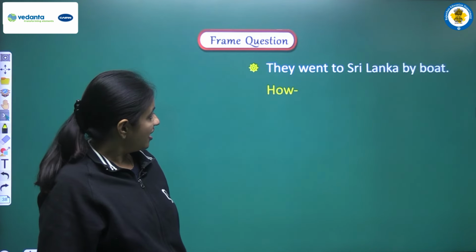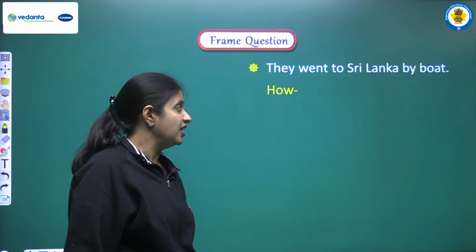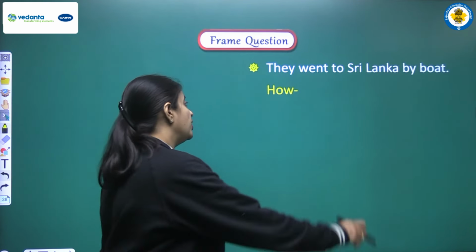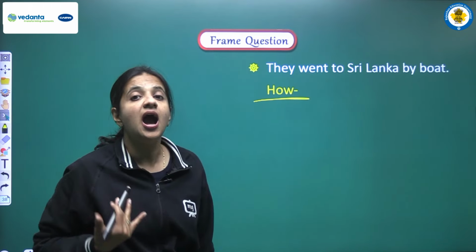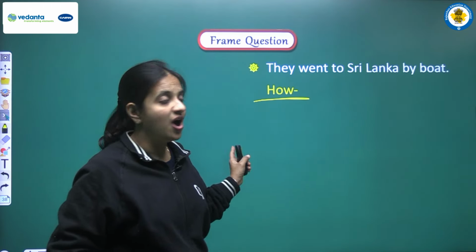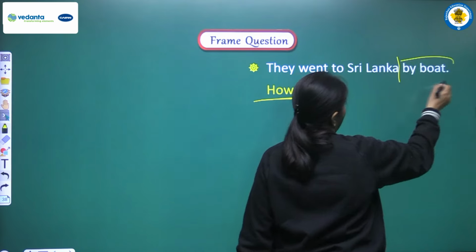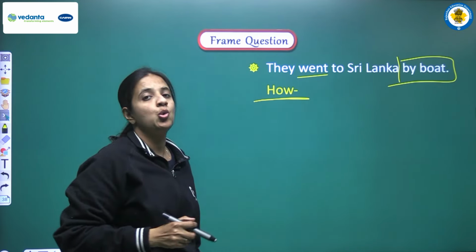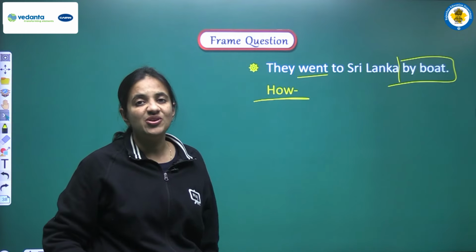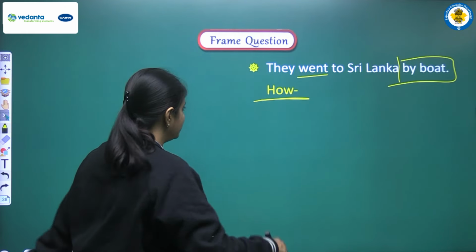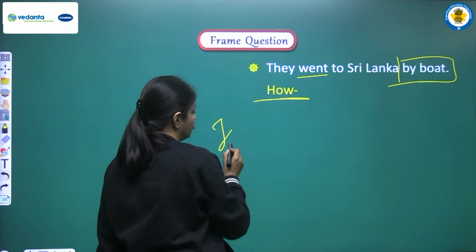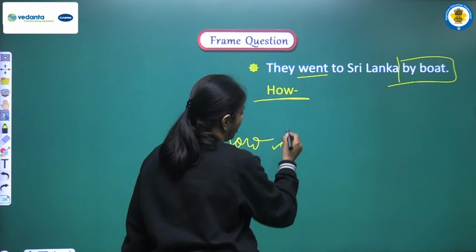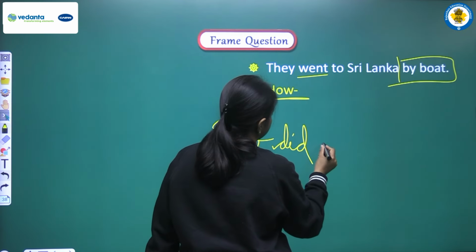Now we are having, they went to Sri Lanka by boat. So we have to make a question using how. So what is the answer of how? The answer of how is by boat. So let's see how can we make the question. And we are having went, that is the second form. It means we are having past simple tense here, and did is hidden here. So we have to use did. How did they